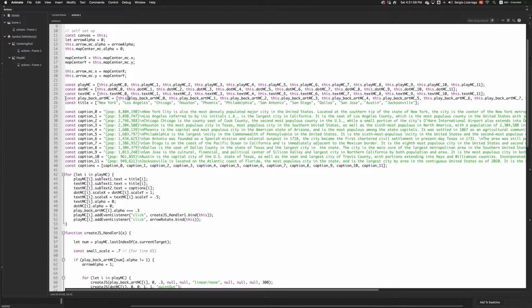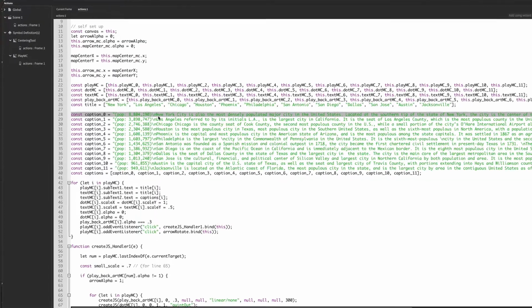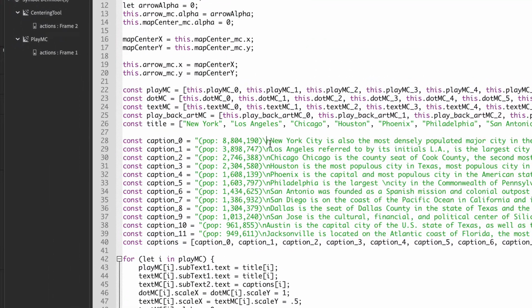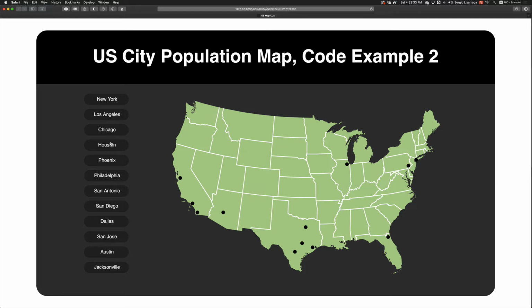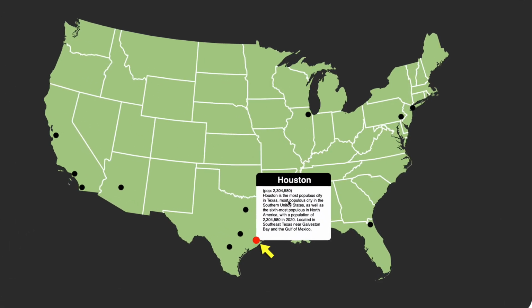So once all the movie clips are established, the instance names into arrays, then the next thing that happens is the content. The title are the names of the cities, the headings of the buttons, and the headings of the text boxes are all using the title. Then we've got string variables, which are not an array, these are individual strings, and they're equal to this line of text over here, which I stole from Wikipedia. So in here, there's a little \n before it gets to the Wikipedia post, and that gives me a new line, and that's why when I look at these over here, you can see it returns right here